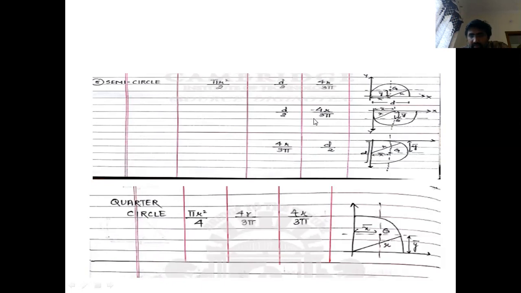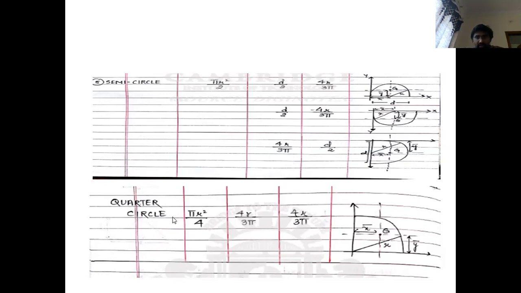Is that understood? Now if you take this one here like this in this quadrant, that will be the fourth quadrant. Here the vertical symmetrical axis I will not get, but I will get the horizontal symmetrical axis. My y bar distance will be minus d by 2, and my x bar will be positive 4r by 3 pi, because x bar will be in the positive case and y bar will be in the negative case. So that will be plus 4r by 3 pi, and similarly minus d by 2.